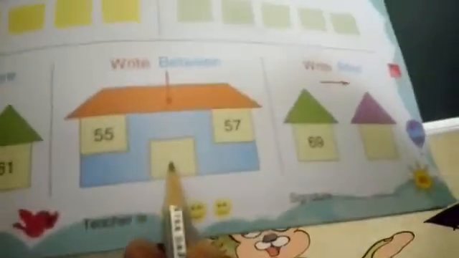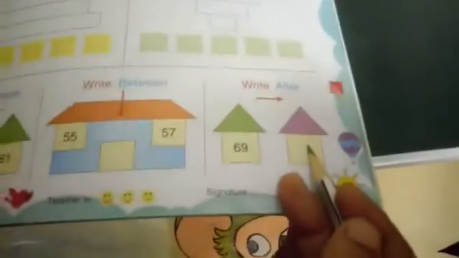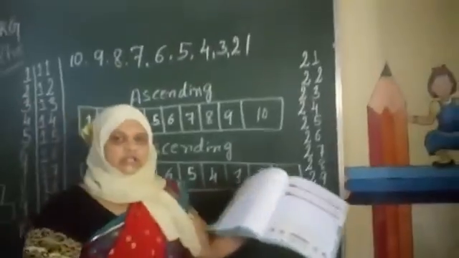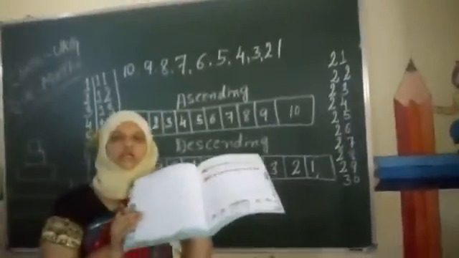And write numbers in ascending order. I explained to you ascending numbers. This one you have to write here. And write numbers in descending order. I explained to you. And write here before, between, I told you na, madhya. Then after means amele. Okay children, got it? Okay, thank you.